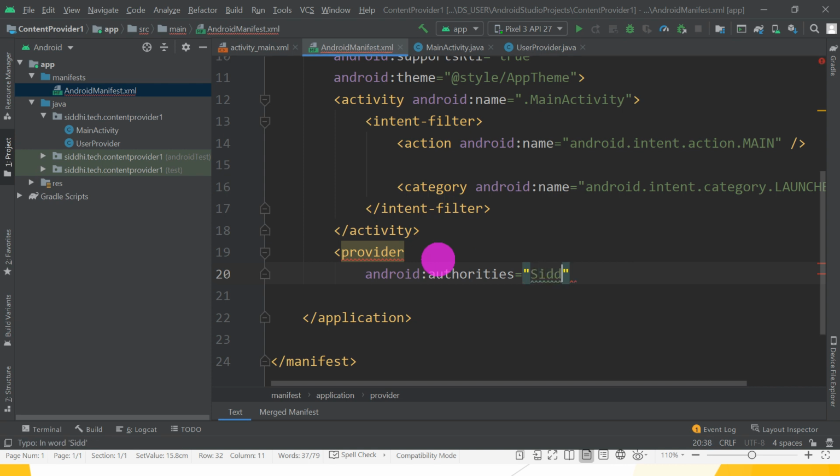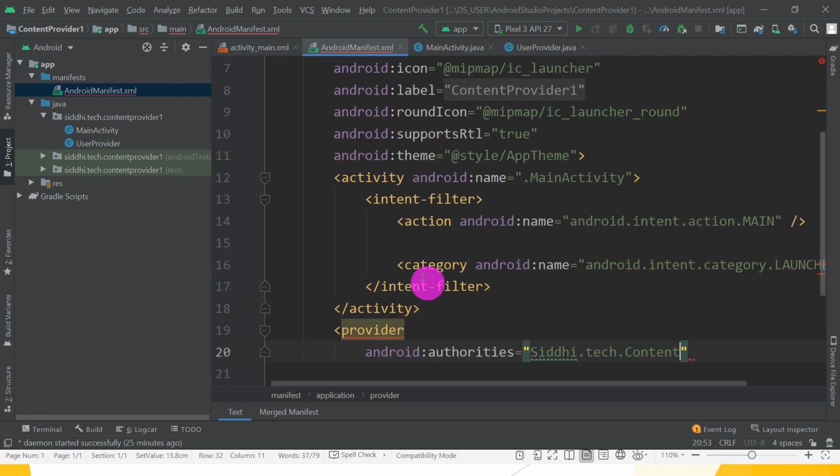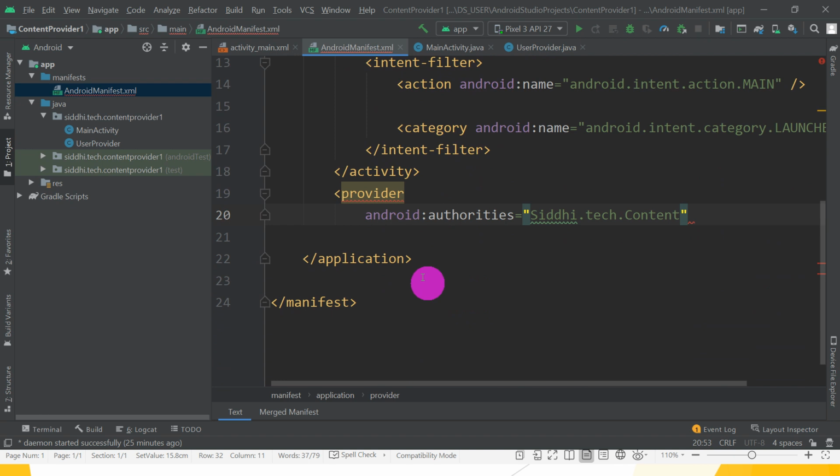Siddhi dot take dot content provider dot user provider.